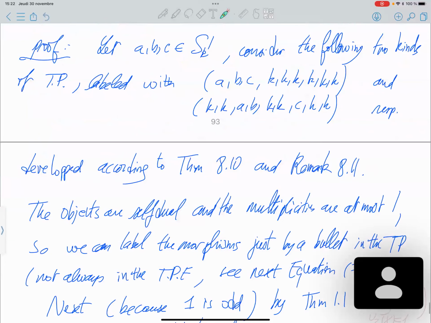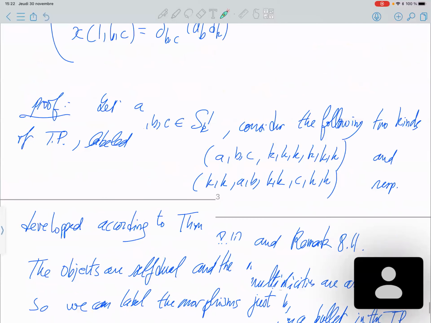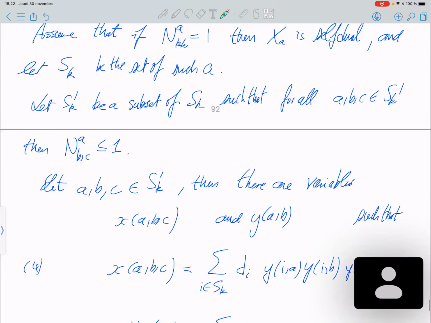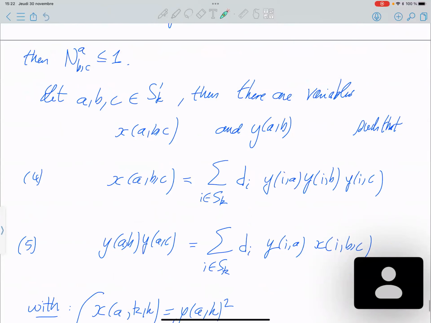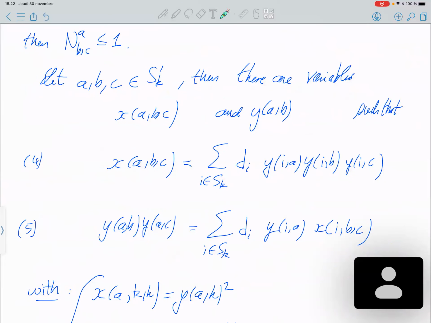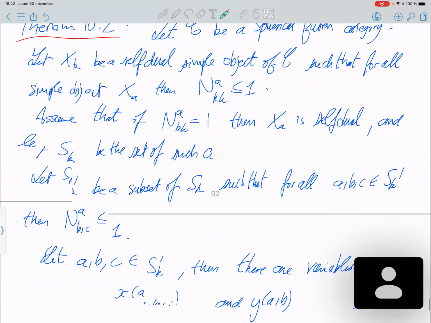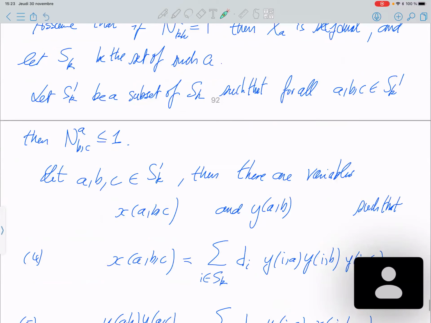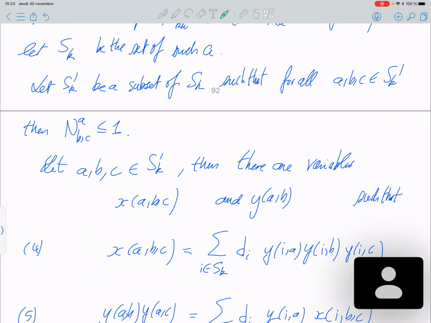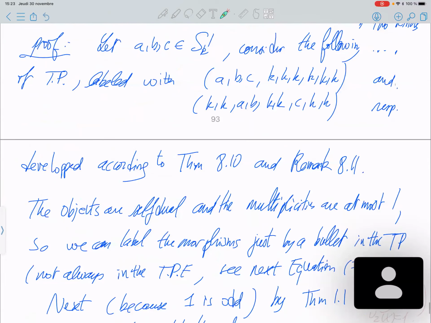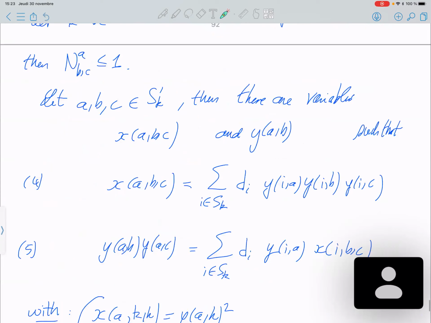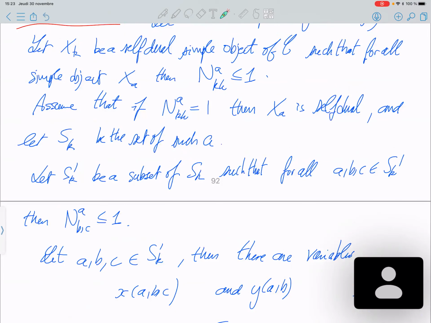Okay, so last week we stated theorem 10.2. This is the main theorem of the section, one of the main theorems of the paper, in fact. The first step in the localization strategy. And we started to prove it, but before continuing the proof, in fact,